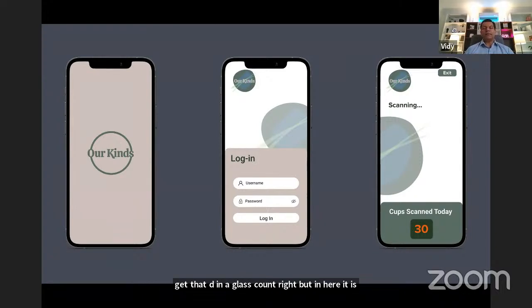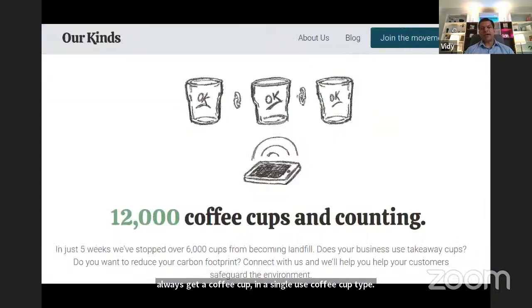So they'll always get a single-use coffee cup. What the idea of the startup was, was that instead of giving a coffee cup which people will throw after having the coffee, this coffee cup can be reusable.